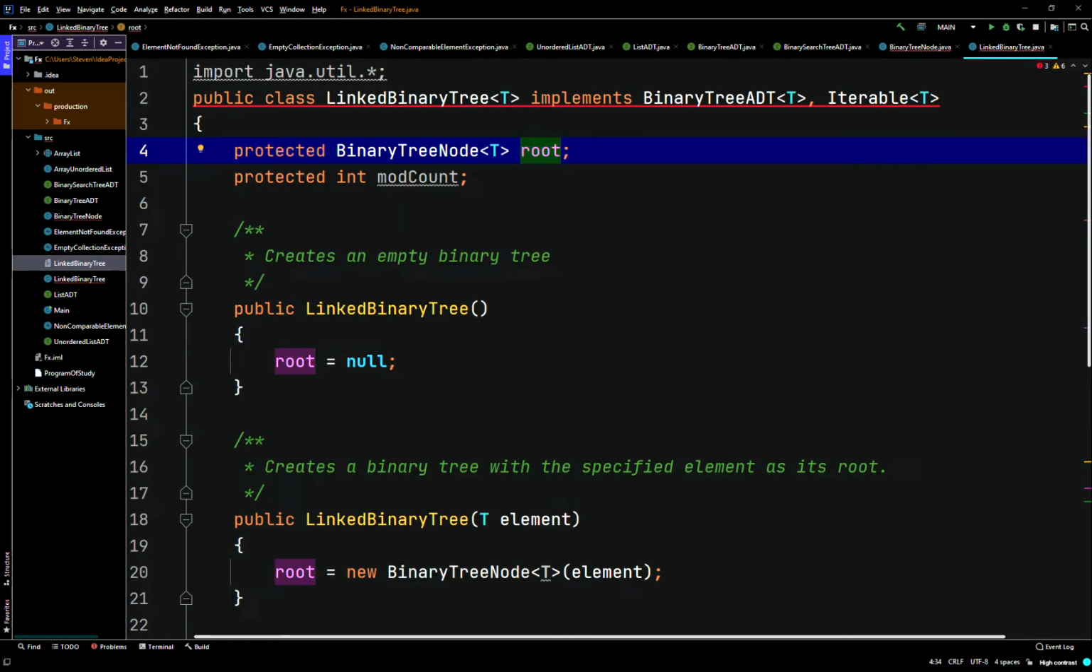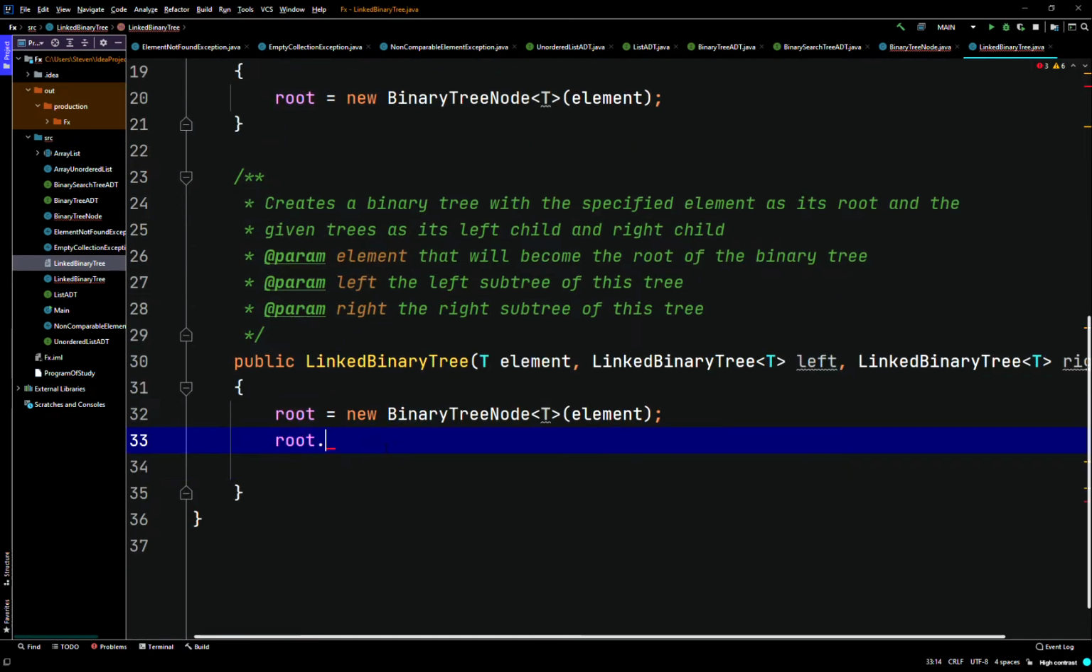And we're going to access it with the dot operator, so root dot, what do we have here? We have a bunch of methods to use, and most of them we created, so we'll say root dot set left, so that's a binary tree node object. So what does set left do? It sets the